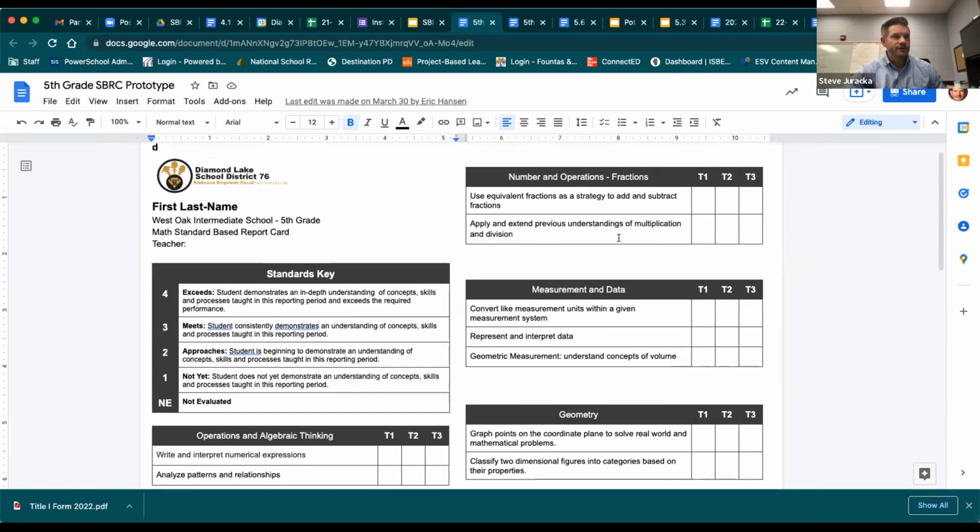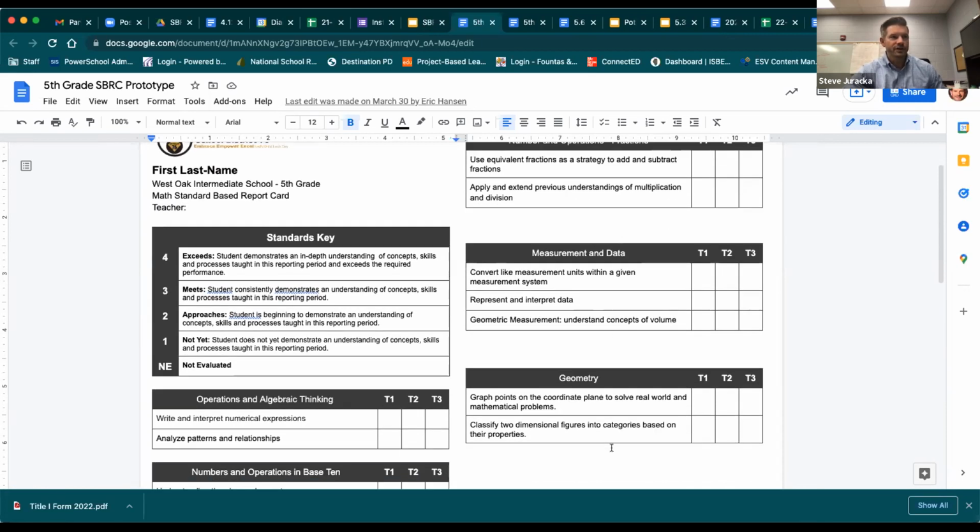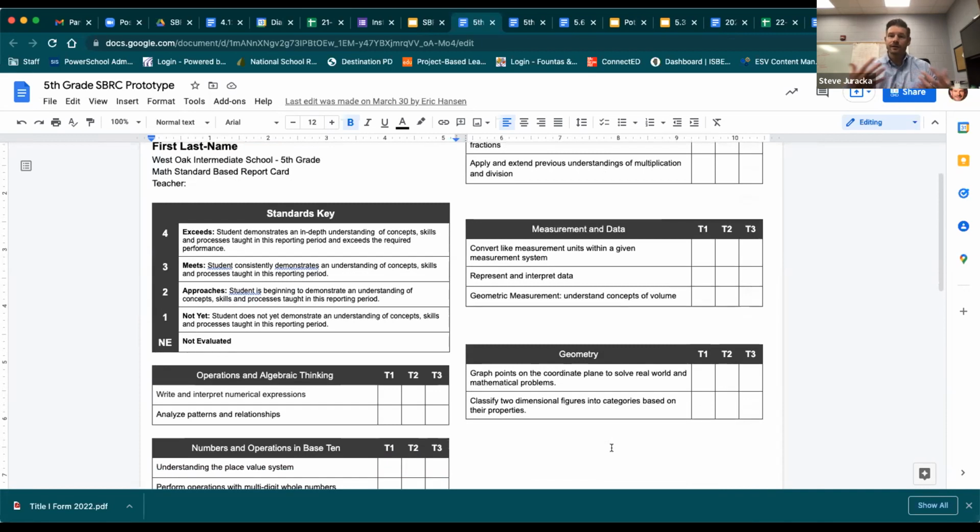Numbers and operations and fractions, measurement and data, and geometry. So rather than just giving a simple grade in math, we're going to be covering specific dynamics or content areas within math, and teachers, students, and parents will have a greater understanding as to where kids are at in terms of meeting those standards, and how they can